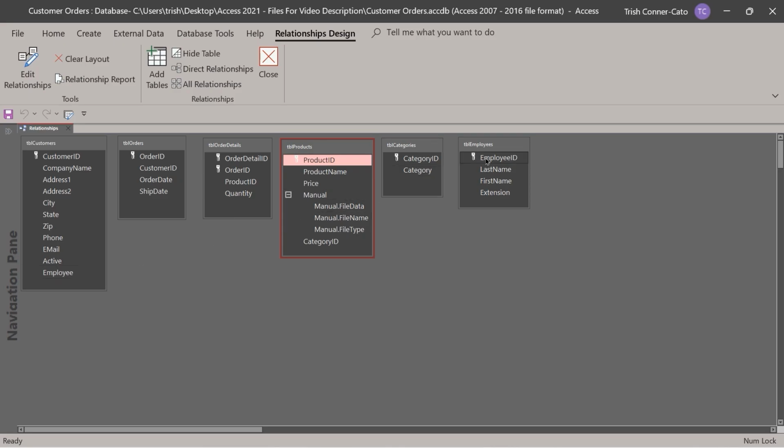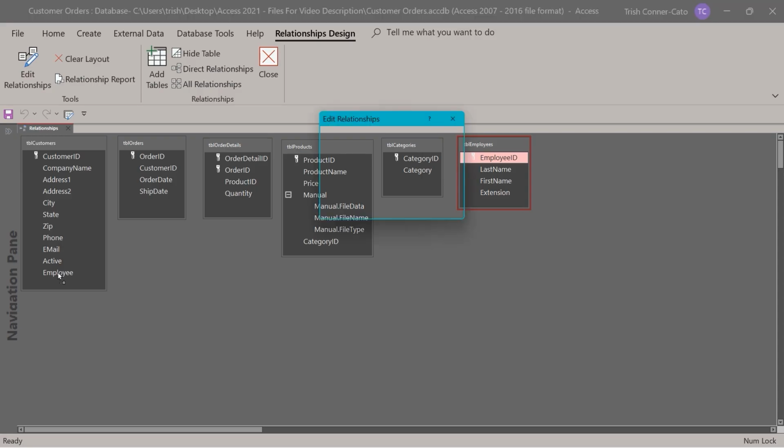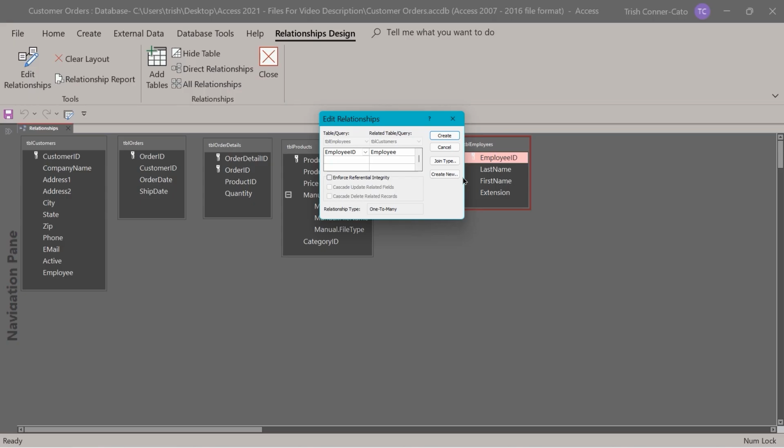So what we're going to do is click and hold on the employee ID field in the employees table tile, and drag it and drop it onto the employee field in the customers table tile. And the Edit Relationships dialog box will pop up. Now, I always review that I've got it right. So up at the top, it tells you the table or query, in our case, the employees table and what the field is, and the related table or query, the customers table, and what the